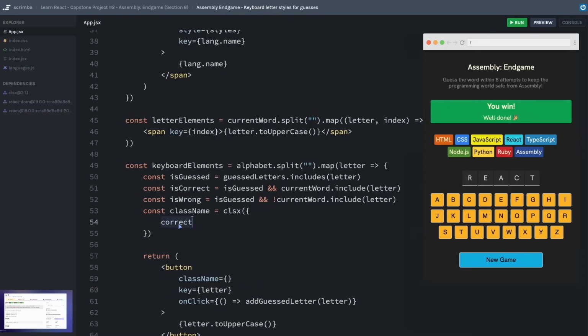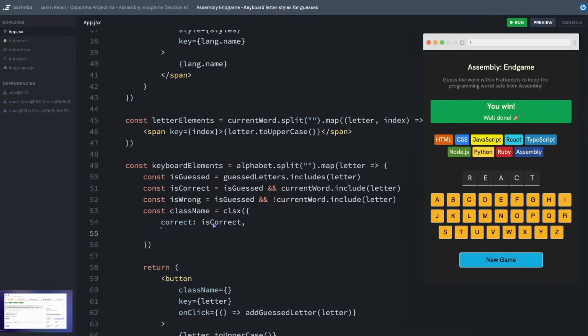So, for example, I might have a class name called correct, and I only want the correct class to be applied if isCorrect is true. And I could do another one for wrong or incorrect. Let's call it wrong, and say this is if isWrong is true. I haven't created these class names yet, but let's finish up our work here.